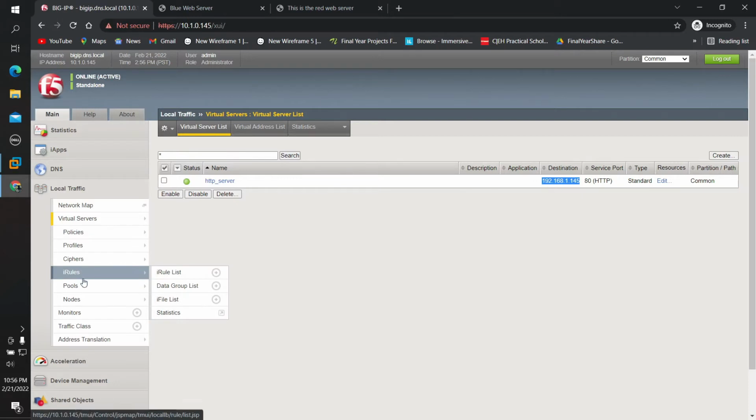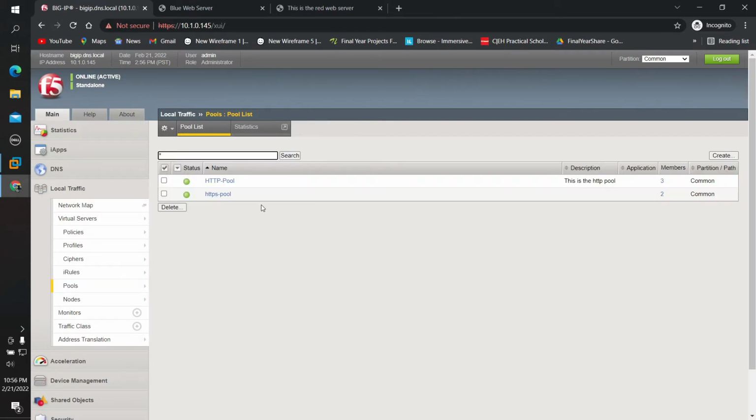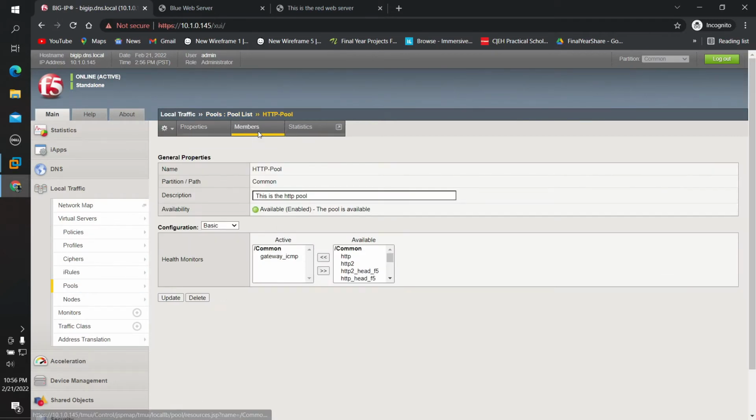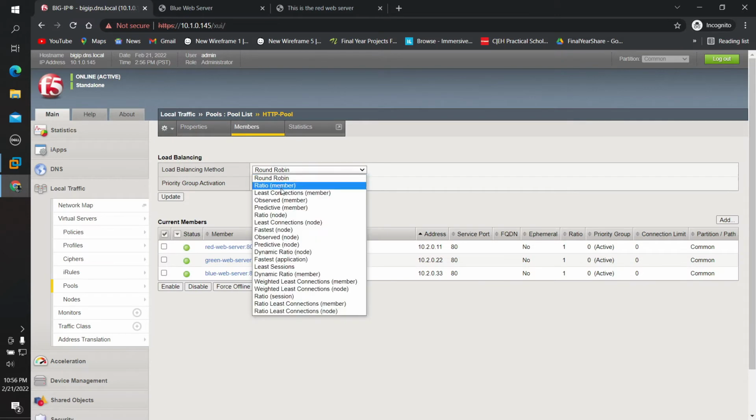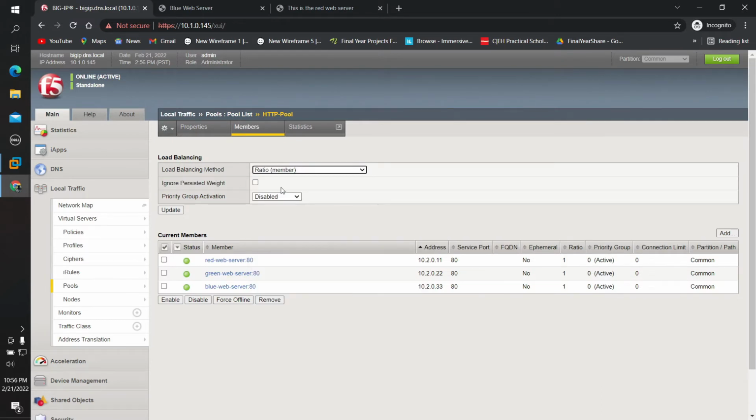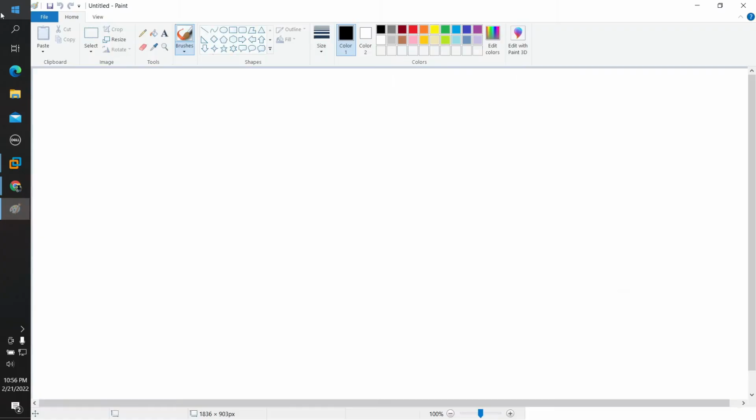Now on our ratio based, we can configure the load balancing method through the ratio based load balancing method. You need to configure the ratio. So what really happens is,